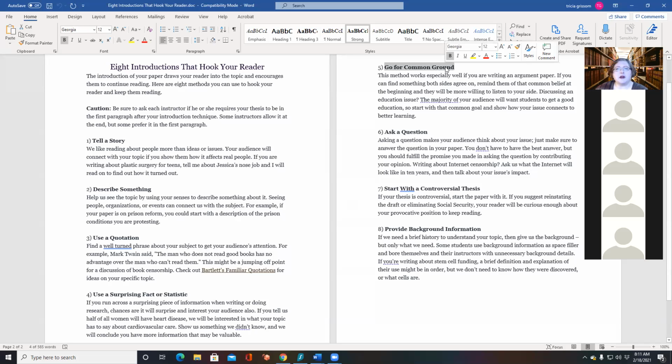Common ground is another one, especially if you're trying to persuade someone. That means you find what both sides have in common. So if you're doing something like school vouchers, we hope that both sides have quality education as a focus, right? Even if they disagree about how to get there. So if you can establish you both have the same values or goals in your intro, and then go on to talk about why you think your side of the issue is the best way to accomplish those goals, maybe they're more willing to listen to you if they realize you guys have something in common.